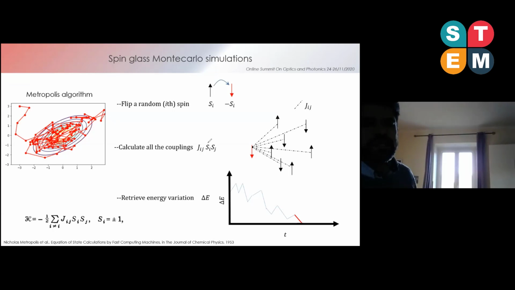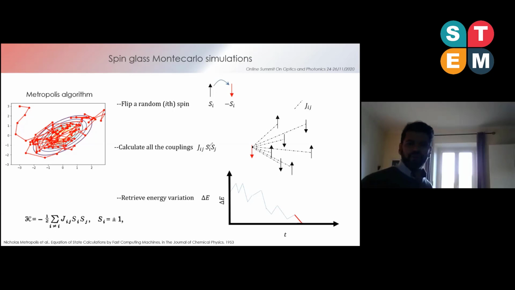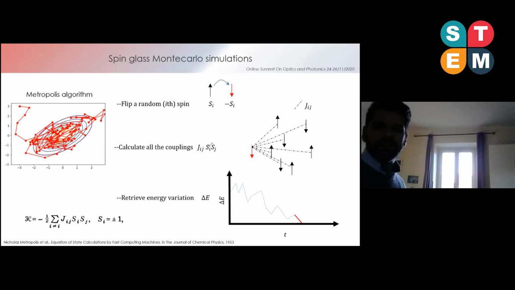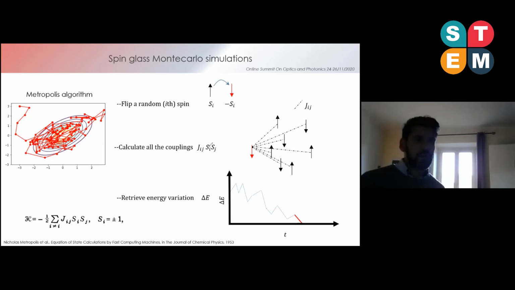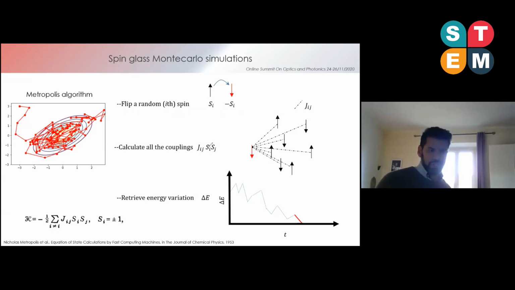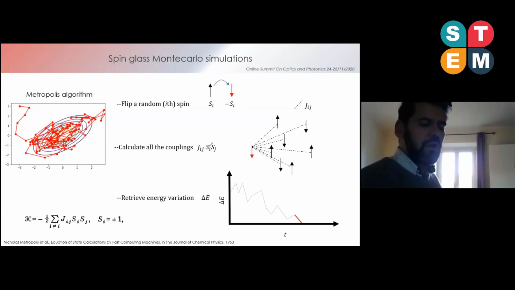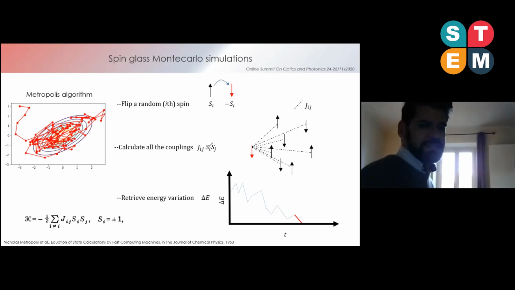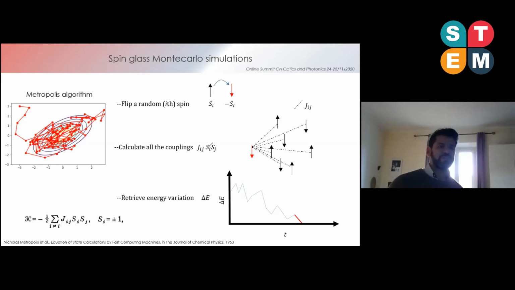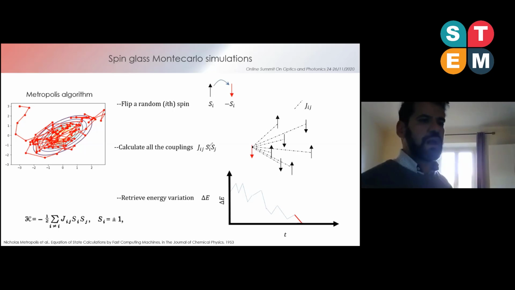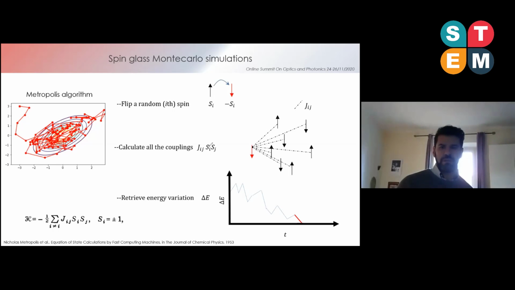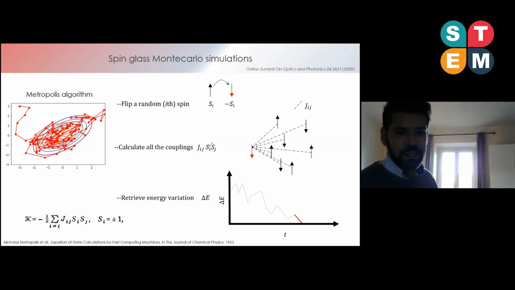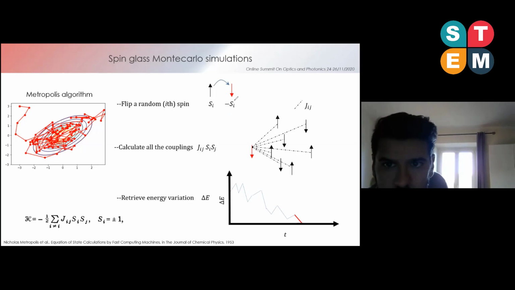In each case, it's the second step in which you can calculate all the couplings, so you have to calculate a number of terms which depends on the number of spins that you are considering, and then you retrieve the energy variation. To do this, you follow the Hamiltonian described by the Sherrington-Kirkpatrick model, in which this S vector is the orientation of all the spins, and you have a J matrix, which is the coupling between one spin and the other. So what we want to do optically, we want actually to